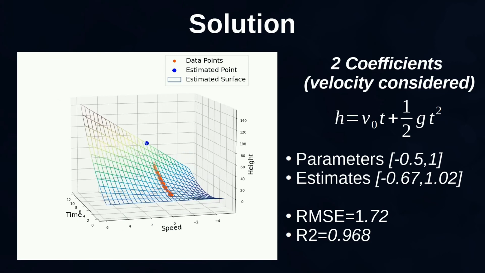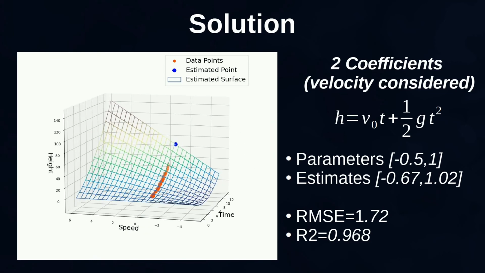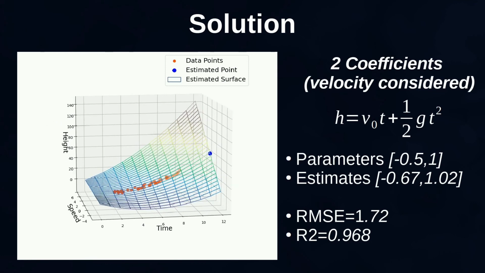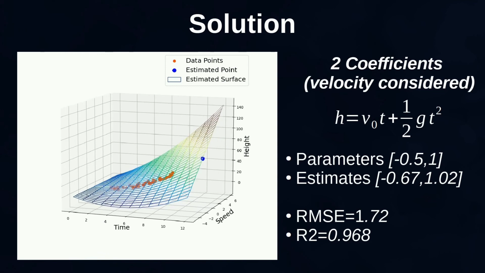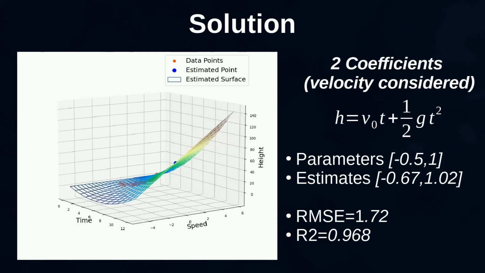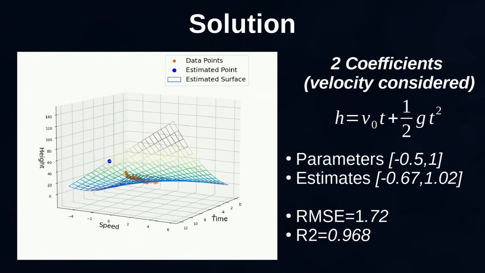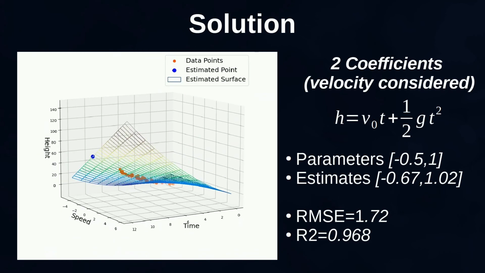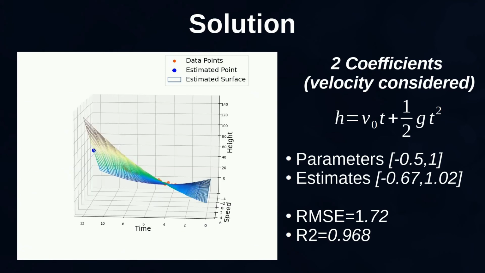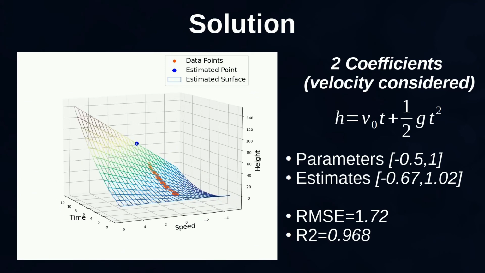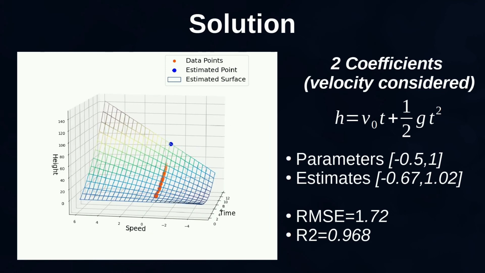If the device goes up and then down, it wastes some time before it changes direction and begins to fall and then touch the ground. This is translated into a smaller height. In this case, with speed set to minus 0.5, the initial speed is not too disruptive, and the result is similar to the case where there was no initial speed. We obtain roughly 65 meters instead of 70.